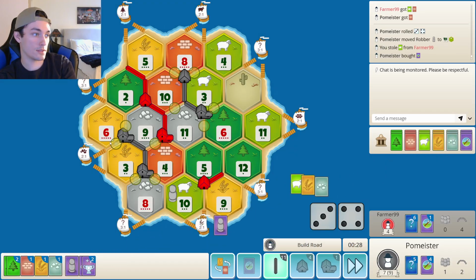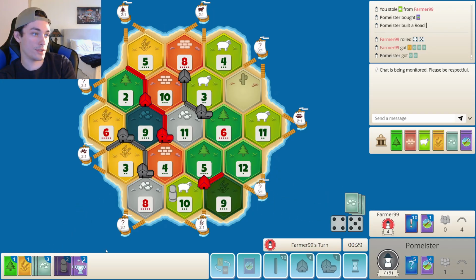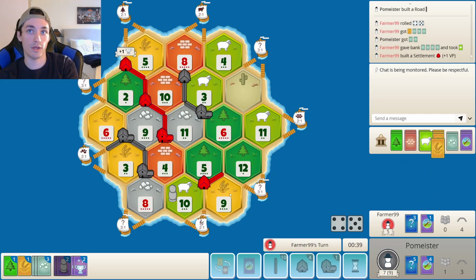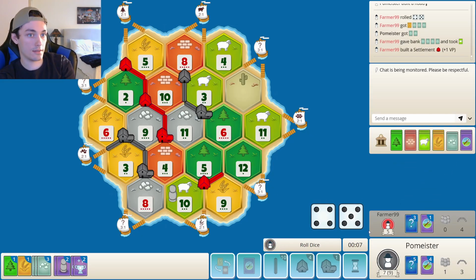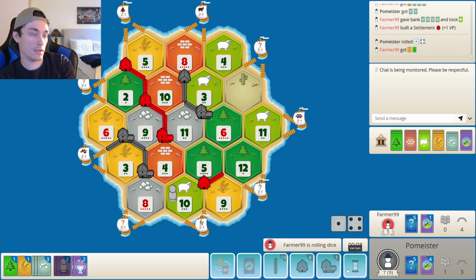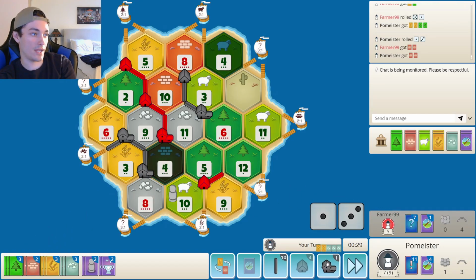Okay, let's do this. And let's go to this ore port. We're already a knight ahead, which means we don't need to be playing aggressive knights here. Aggressive knight is when the enemy's already blocked. So it'd be like if I knighted right now. The name suggests it's aggressive by nature in the way that